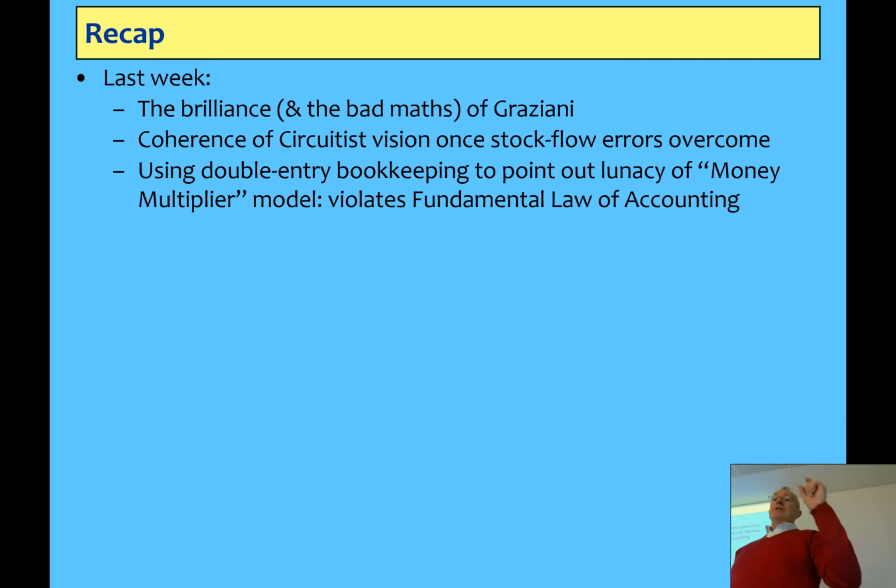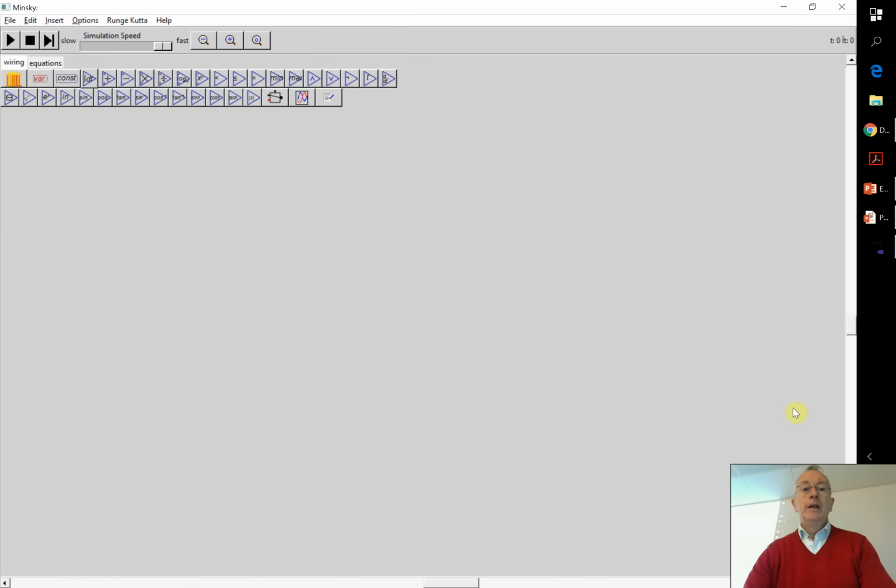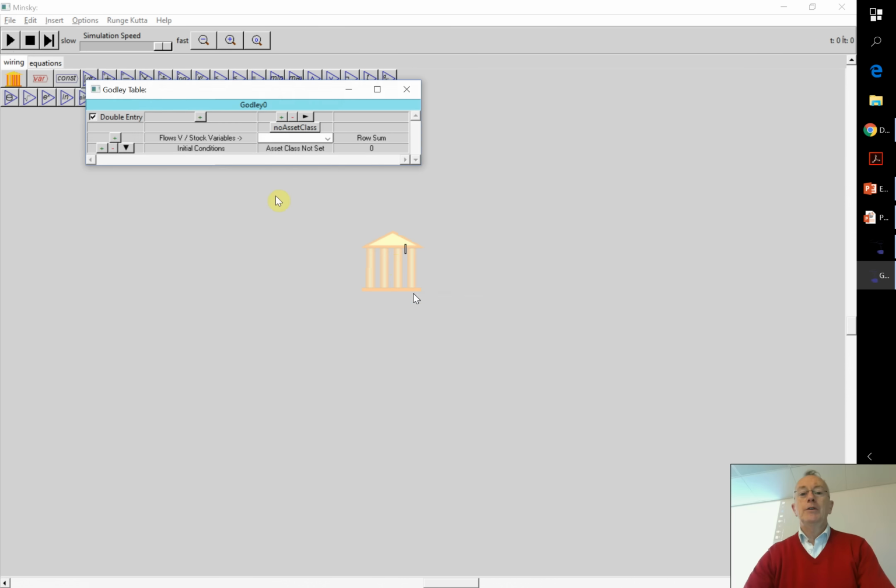You'll actually see if you bring up a Godley table, you have a blank canvas, just click on the icon there, drag it somewhere and click, and then you've got a table. Right click and choose open Godley table. Notice it says double entry. The reason being, the first few models I developed using this table approach to developing consistent records of financial flows weren't double entry.